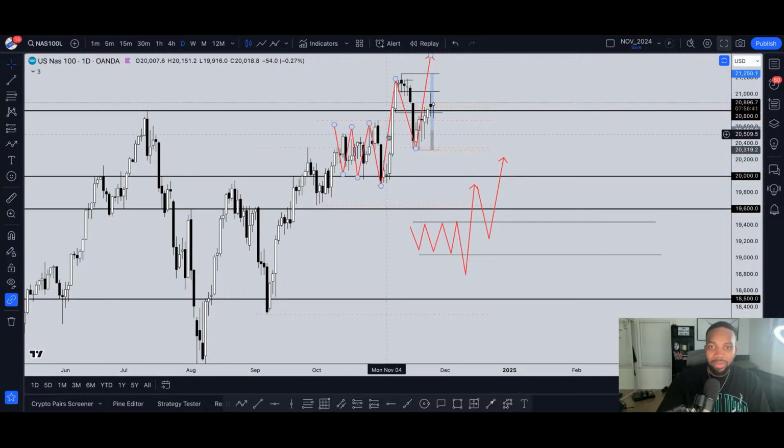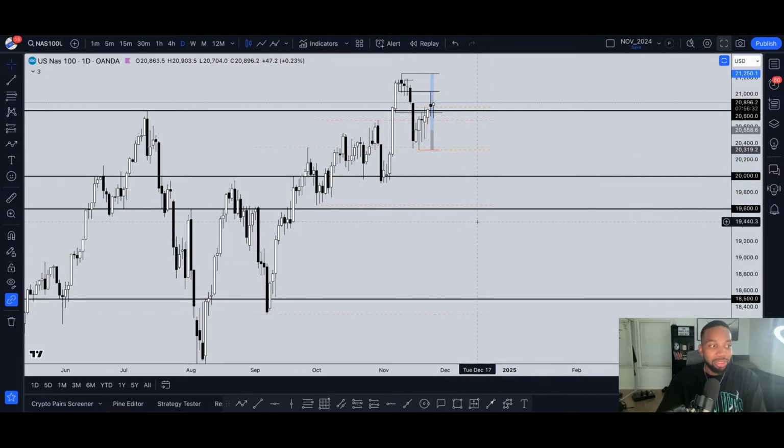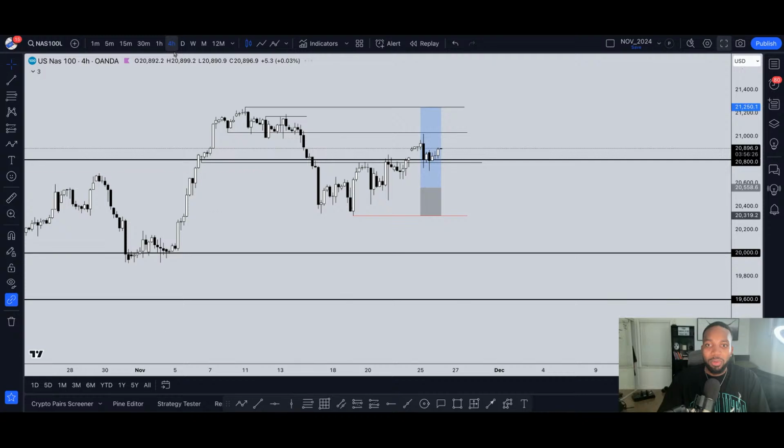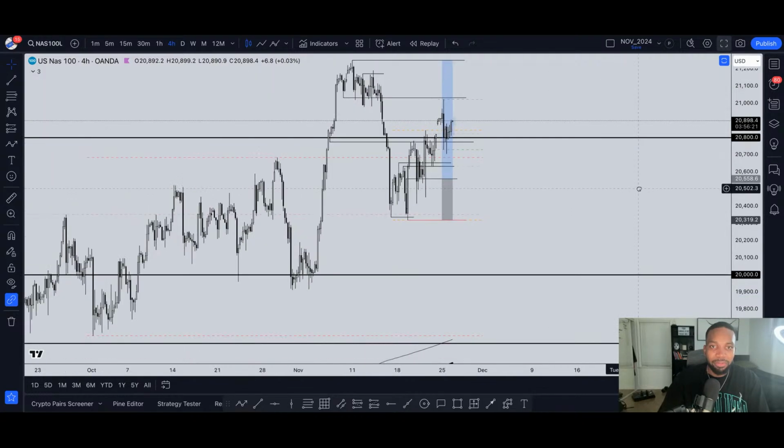This looks very similar to what's happening over here. So that's why I'm extremely confident in taking these buys, and that's just going based off structure. I'm not going based off how I feel or what I think. I'm going based off the concrete evidence that's been provided in front of me.